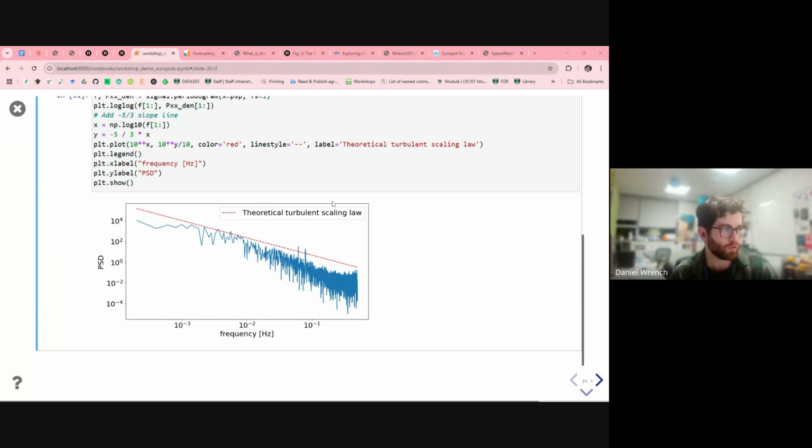And what we do for turbulence is we compare this spectrum with a theoretical turbulence scaling law. You may have heard of a mathematician called Kolmogorov. Back in 1941, he came up with this theoretical self-similarity in the transfer of energy in a turbulent flow from large scales to small scales, and he showed that this would result in a negative 5/3 power law. And you can see that for at least part of this spectrum, it does seem to approximately follow that 5/3 slope.